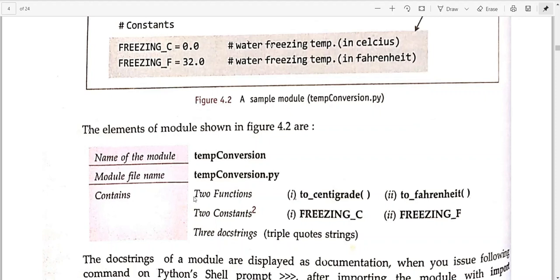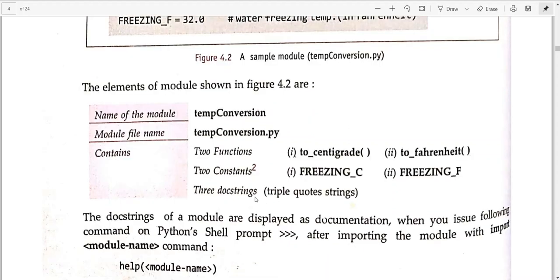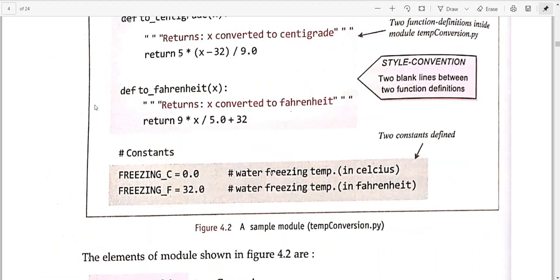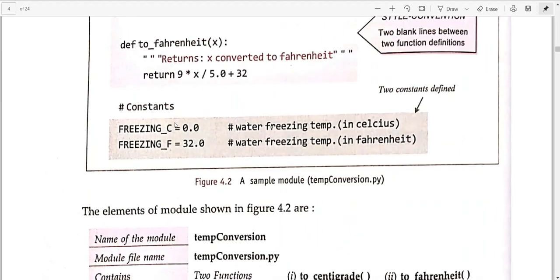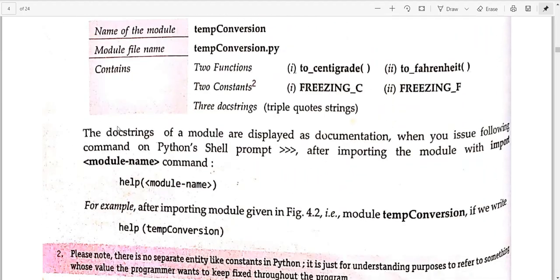Then it will contain two functions, to centigrade and to Fahrenheit, two constants, freezing C and freezing F, and three docstrings, meaning three quoted strings, to add more documentation, 1, 2 and 3. This is your docstring, I told you earlier also. So docstrings of a module are displayed as documentation, just to add knowledge about a particular thing we are adding these types of comments.